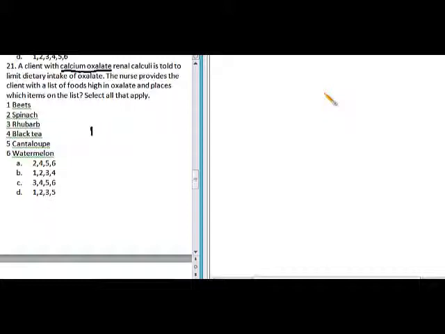So, please take note that fruits are generally low in oxalates. Therefore, the answer here is 1, 2, 3, 4. All of these are high in oxalates and should be avoided. Next,